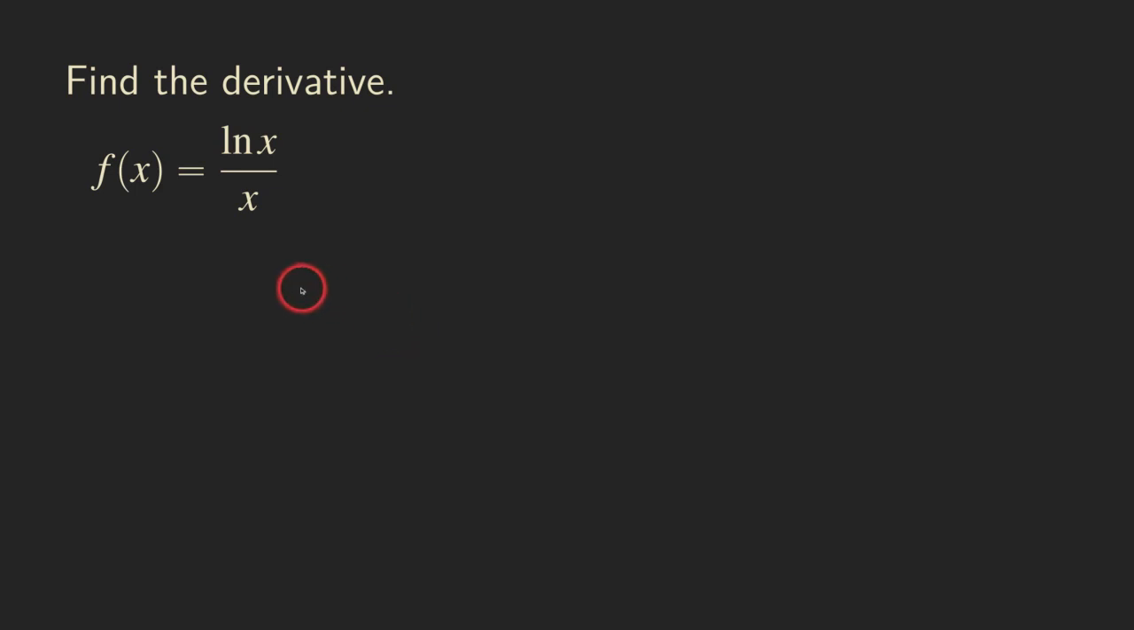Hello everyone, let's look at this function here. We have a ln function divided by x. And to find the derivative for this function, we are going to use the quotient rule because it's a quotient,